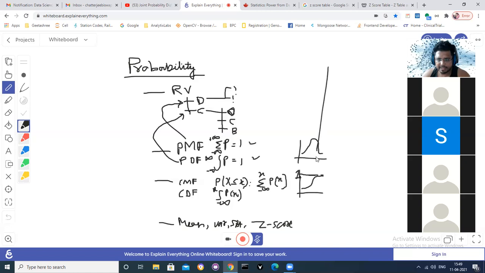What is pending is marginal probability, conditional probability, joint probability, independence of probability. This much we'll read. And we also read about graphs: scatter plots, histograms, bar plots, pie charts, violin plot, box plot,